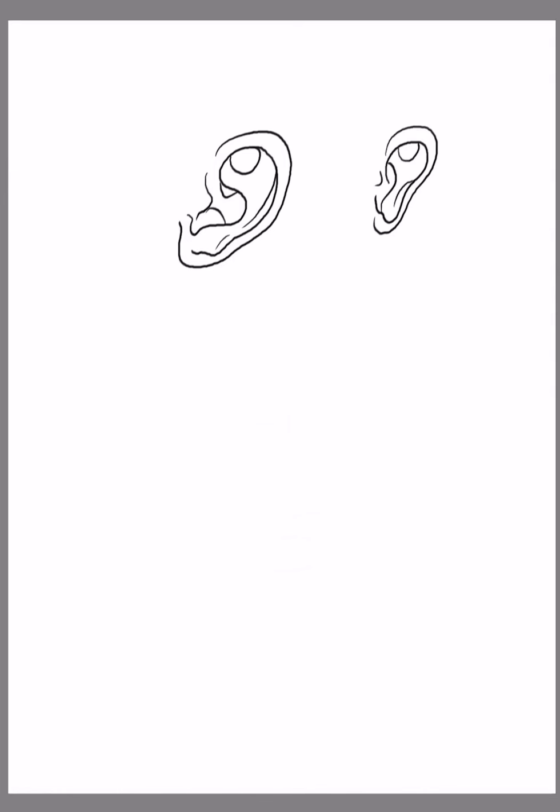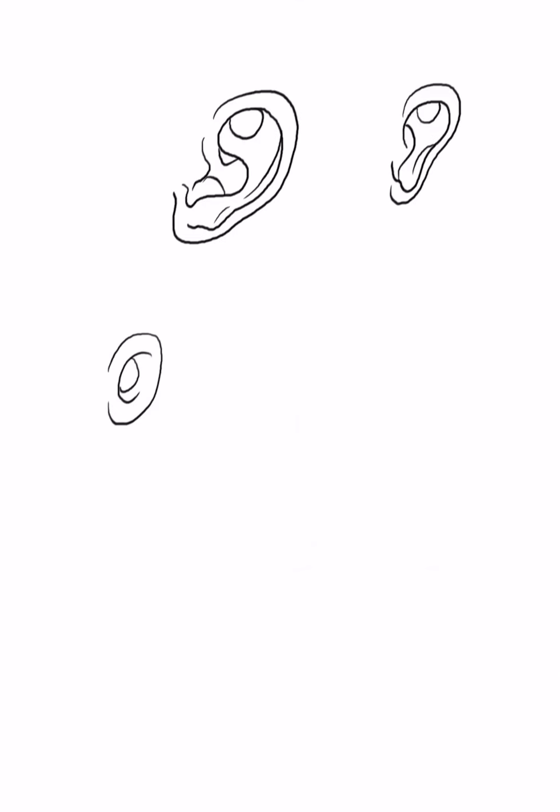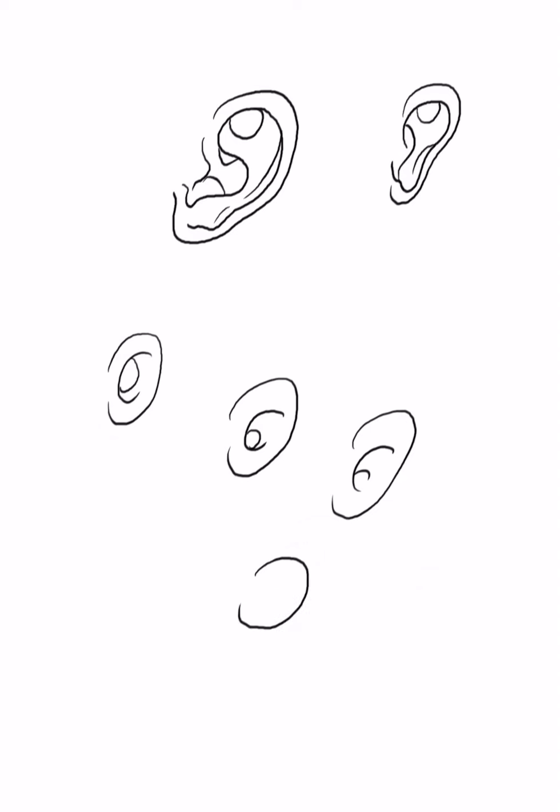So if you look at how the ear looks, we can start to refine the ear and simplify the ear more and more and more. That all depends on what type of character you want to use, but very simple line work, especially when you start to do coloring later. But if you look at just emotions of characters,